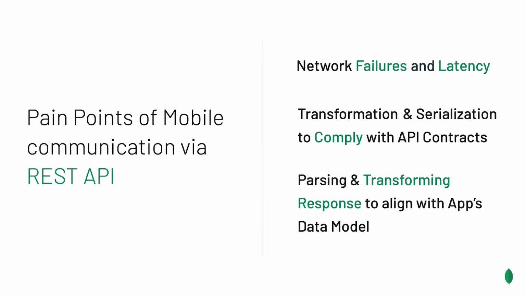As mobile developers, we all understand the pain points of communicating with our backend APIs over the internet. A mobile internet connection tends to vary more than a Wi-Fi or a wired connection, and we have to concern ourselves much more with network failures and latency. Furthermore, the reality of transferring data between different systems means we have to transform and serialize local data to comply with our backend API contracts. Once we get a response from our backend API, we have to write a lot of parsing and transformation code to use this data in the mobile app.